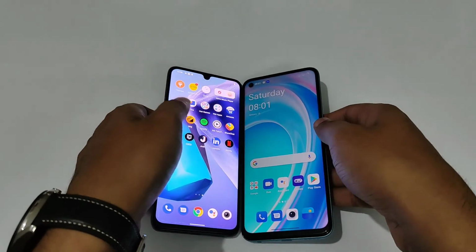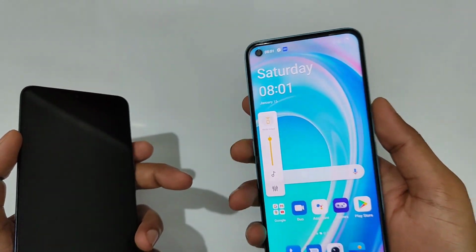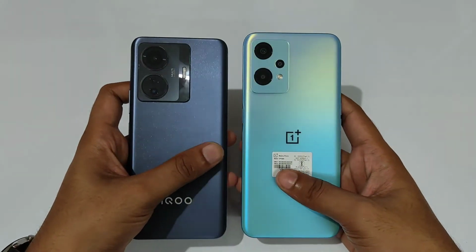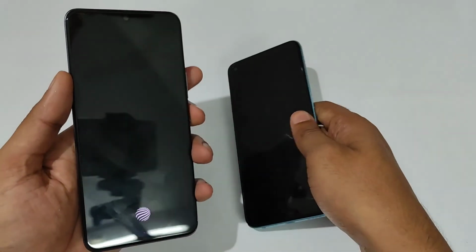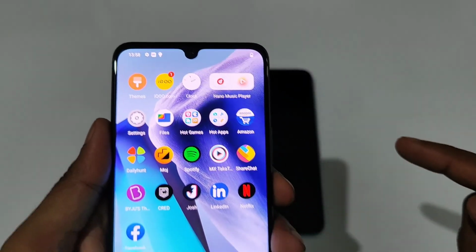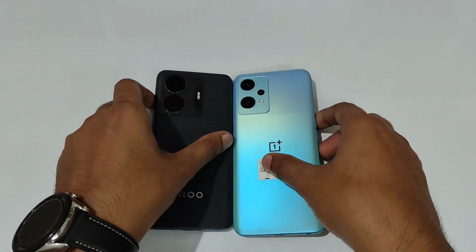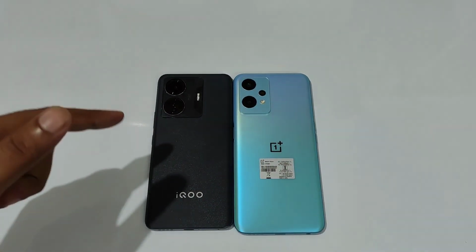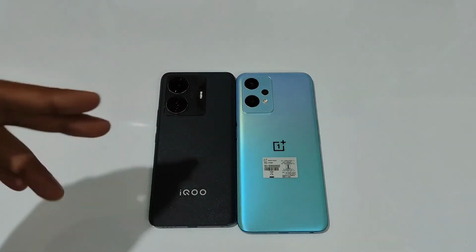And in the verdict, if you ask me which one I personally feel is the best, between the OnePlus Nord C2 Lite versus iQOO Z6 Pro, the winner would be the iQOO Z6 Pro. But I felt the cons, like it not having a punch hole selfie camera. Apart from that, I felt almost everything is okay regarding the processor, a good processor, the Snapdragon 778 in this segment. So apart from that, the front selfie camera,